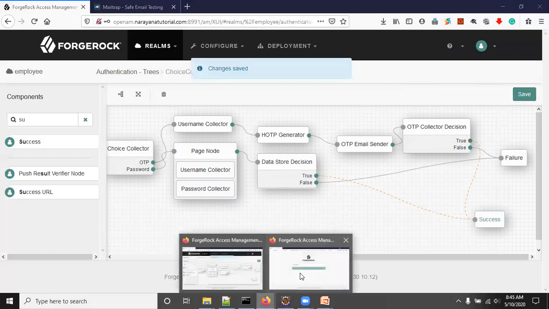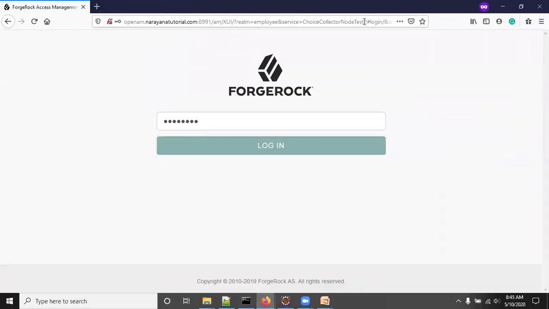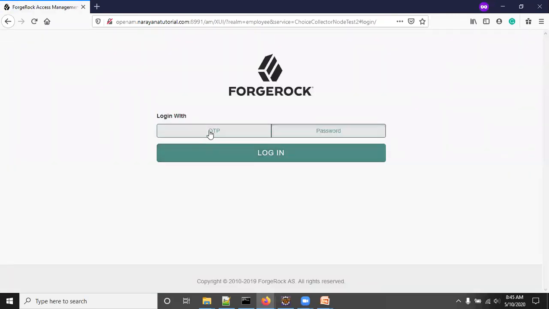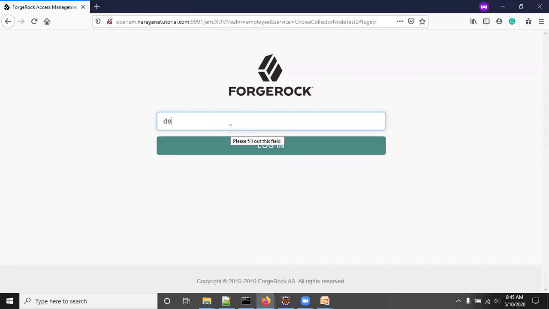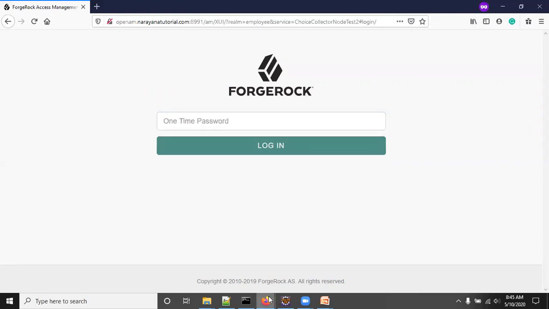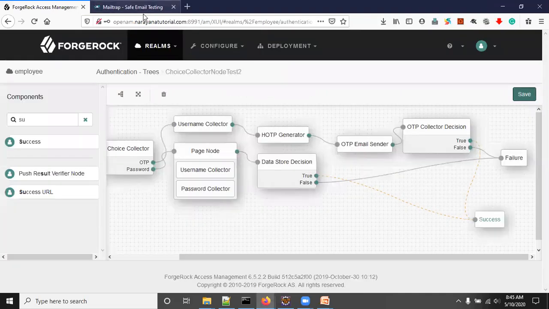Now let's one more time go and see. Select login with OTP. Click on login. Enter the username. Now the OTP is generated and sent to the customer email ID. Go to the mailbox.